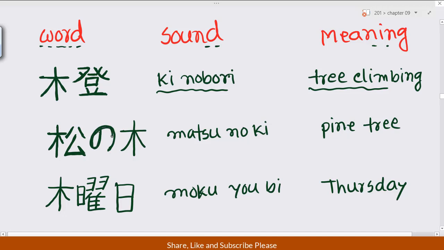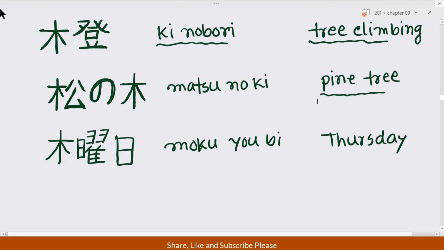Masu no ki, so pine tree. Masu no ki, pine tree. And here mokuyobi, so again,